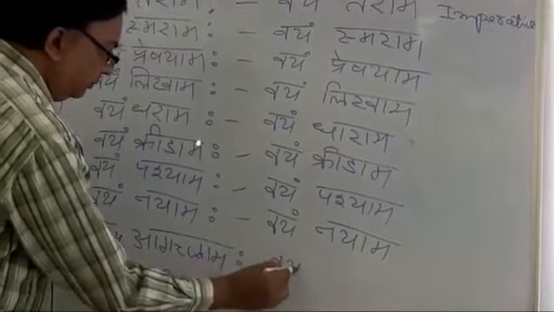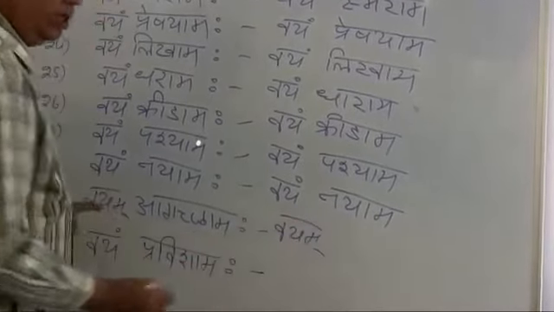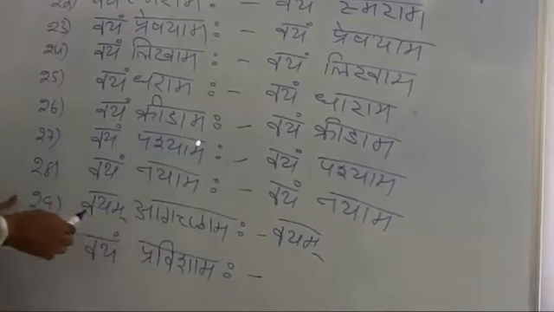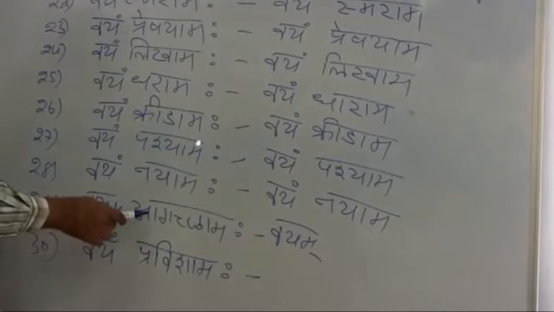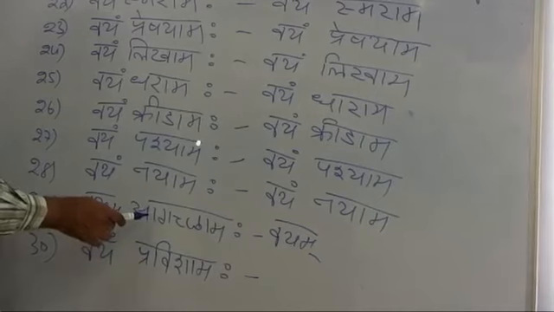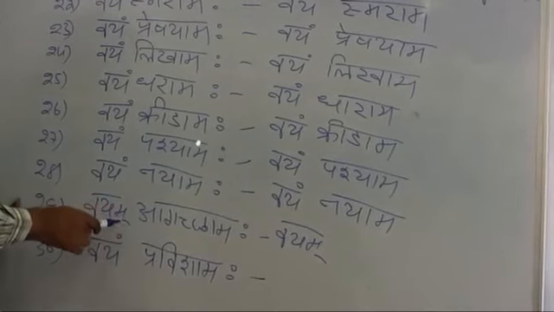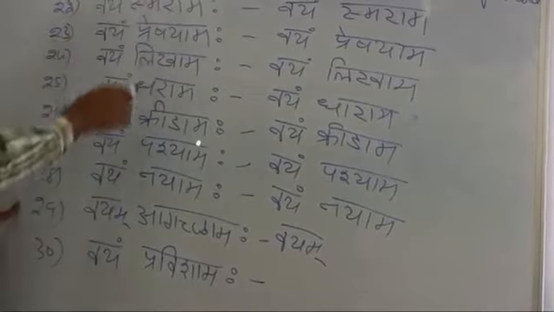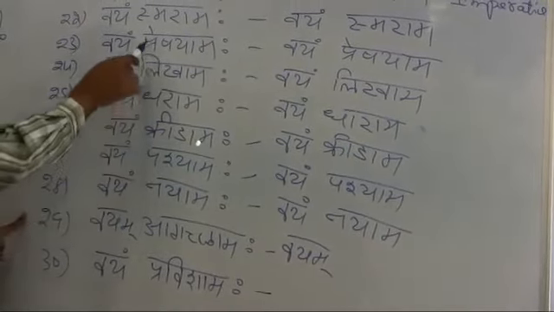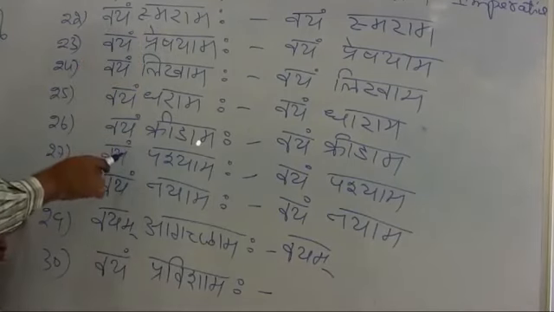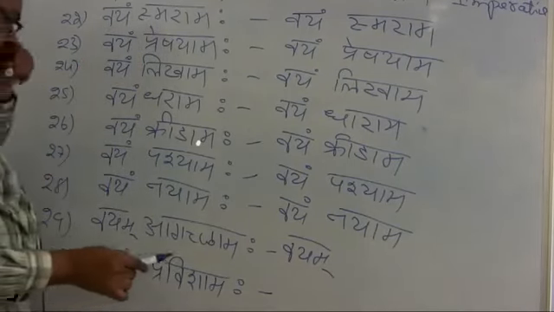This becomes Vayam. See, watch here again. This point, 29th sentence. Vayam, m sound. Makar is followed by a, which is a vowel. Therefore, we are writing it completely. In all the other sentences, the m sound is followed by a consonant. Therefore, it is nasalized. It is made anuswara. This is the simple rule.